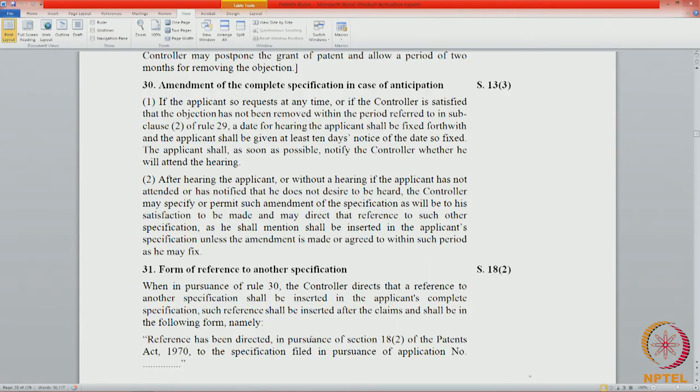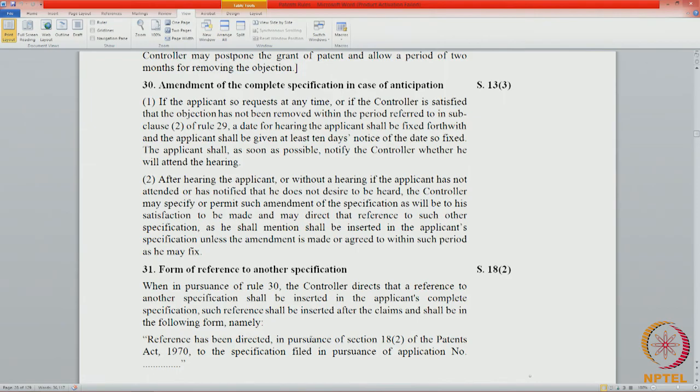Now, there are cases where the controller cannot exercise discretion, so there is no need for a hearing. The applicant files a request for examination. There is no discretion required; the controller has to post it for examination. He cannot hear the request or ask why you want this to be examined; that question does not arise. There is no discretionary power for many things under the Patents Act. It is a procedure, there is a rule, and the controller has to do the next thing.